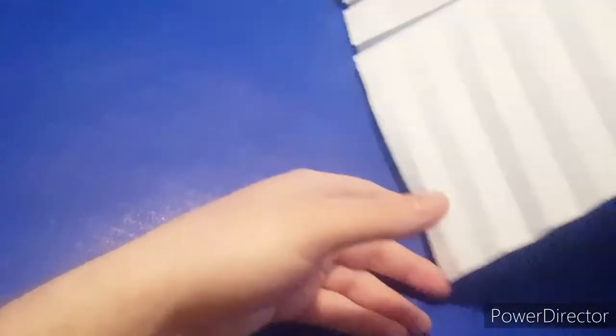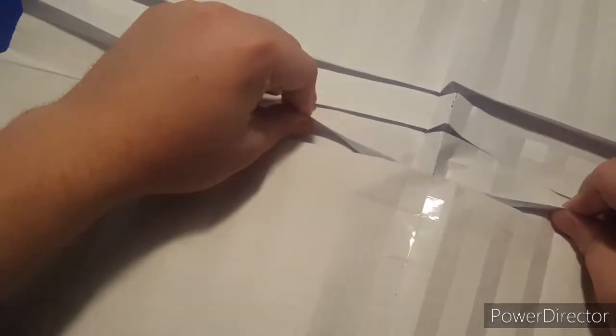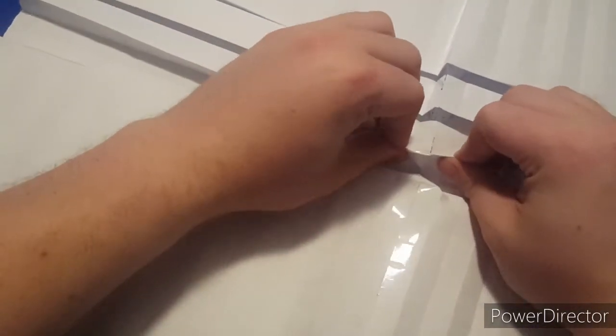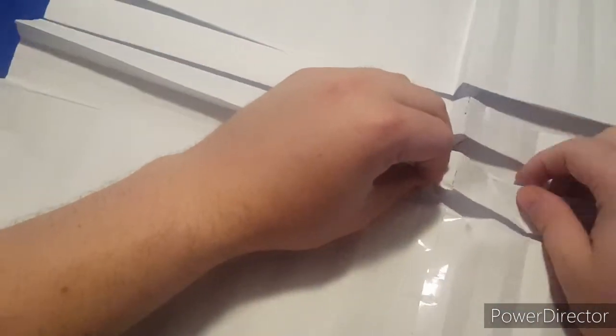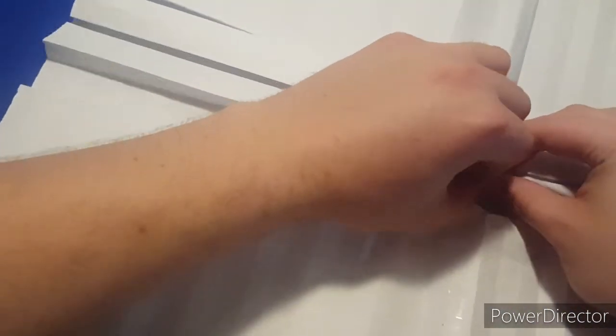Like this, and then turn the model over. And now we're going to mountain fold this. So we'll pop this out just a little bit, and we're going to fold these edges onto this edge right here. So let's do that. And while we're doing that, we're going to fold it down like that,